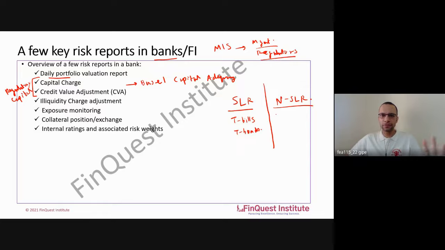So for others, for international business, generally when you talk from a bank's portfolio perspective, especially the fixed income perspective, you have SLRs and non-SLRs. SLRs could be treasury securities, T-bills, T-bonds. Many a times you have state development loans, what we call SDLs, etc. All of these are what you classify as the SLR portfolio for a bank.